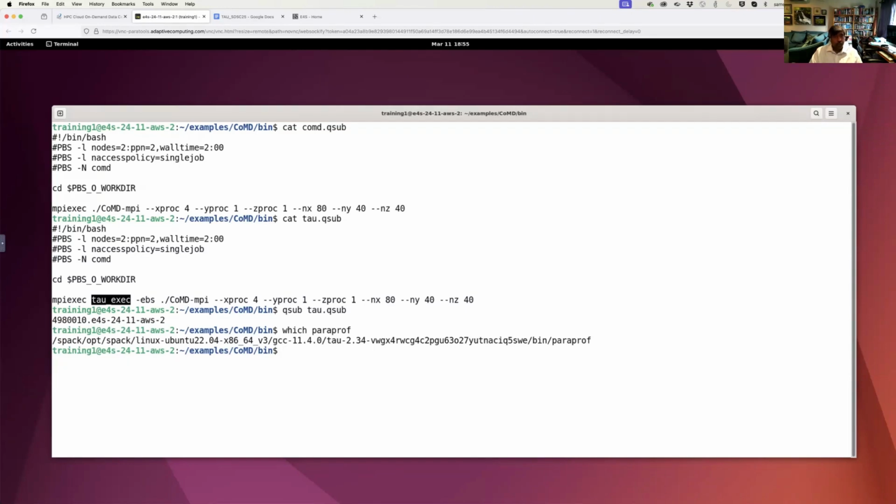Even with Spack, you can just say spack install tau. It will install it with no root privileges, just in your home directory. Tau does not require root privileges. So here,